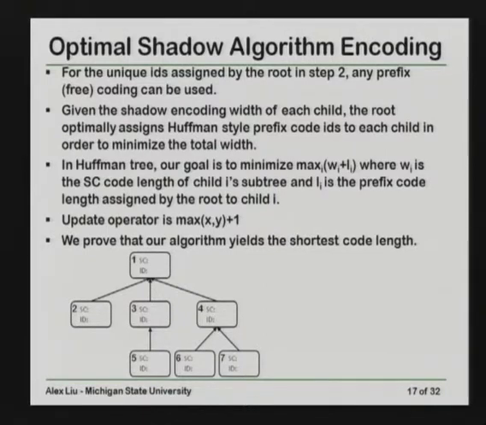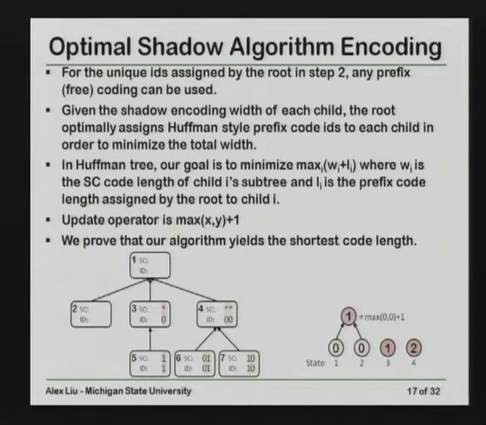I will skip the details. Basically, we first do this encoding for every subtree. We look at the root right now, and we have states 1, 2, 3, and 4. Right now, for state 1 the number of code bits is 0, and 2 is 0, and for 3 we have 1 bit already, and for 4 we have 2 bits.